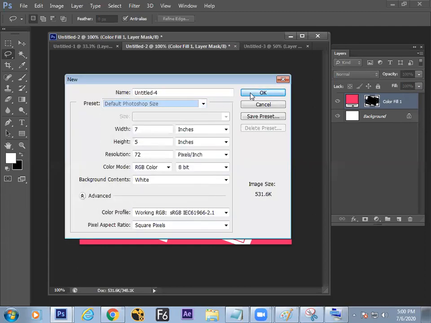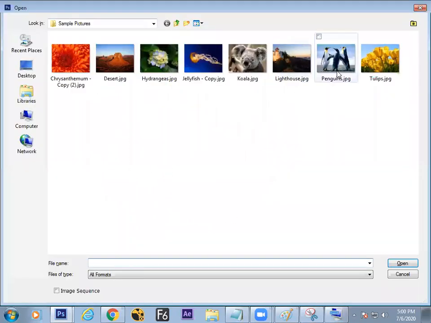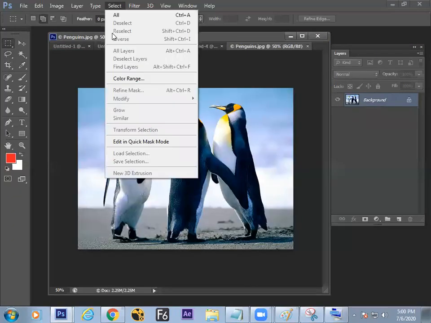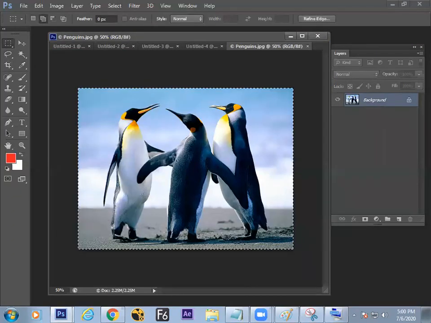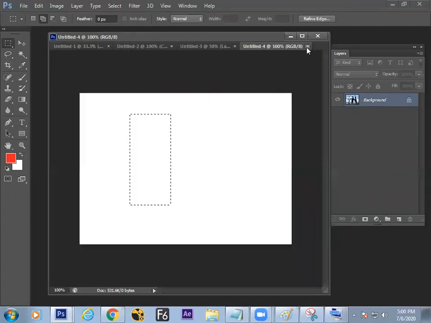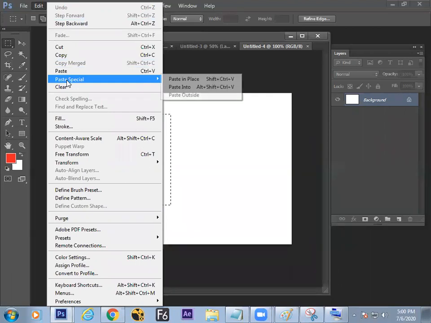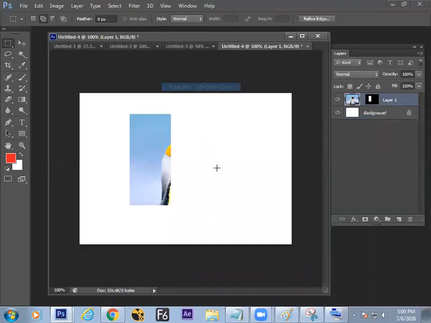Take a new file, make a selection, open an image, select it, copy it, close the file. Now here, go to Edit, Paste Special, and choose the option called Paste Into, Alt Control Shift V. This is another way to make the layer mask.